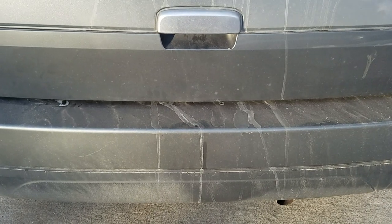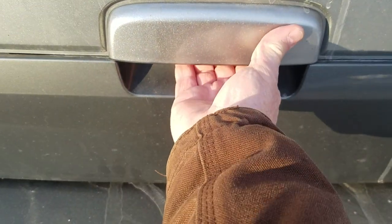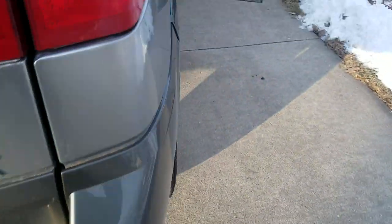Okay, got a 2004 Buick Rendezvous here, and I can't get this automatic, it's an electronic latch. It won't open. So, I've discovered a way to get it done. If you go in the back panel here, right there's